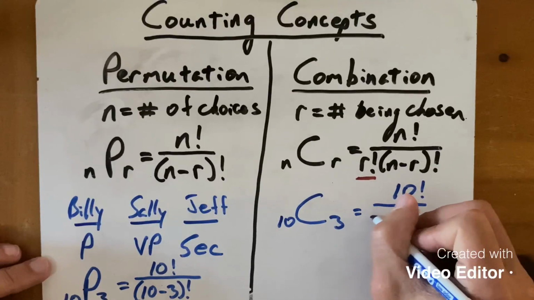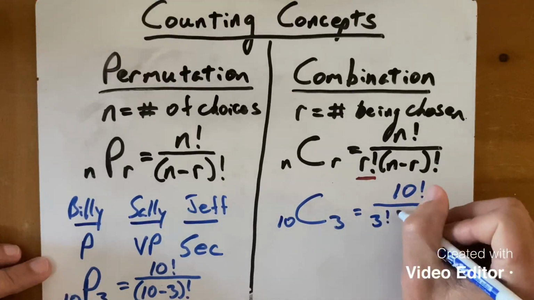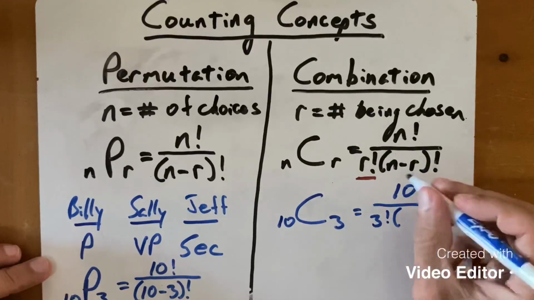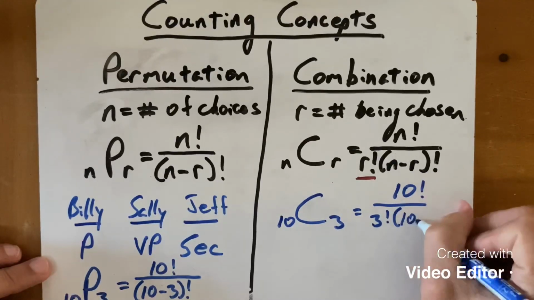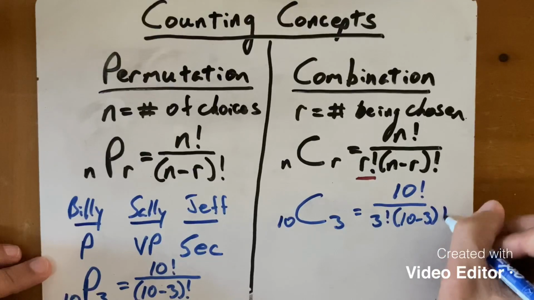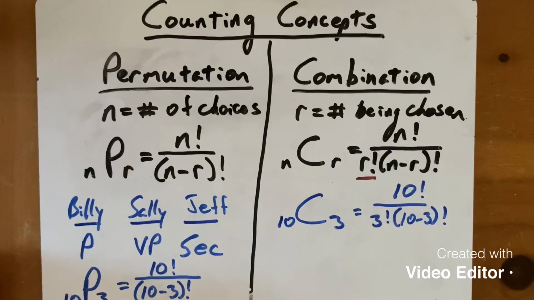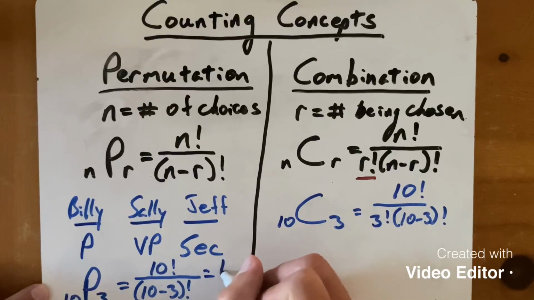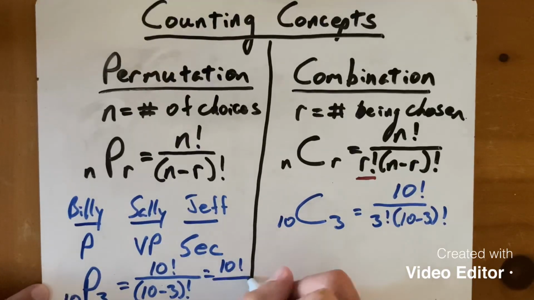R is 3, so 3 factorial times n minus R factorial, which again is 10 minus 3 factorial. So with this one here, I can simplify. 10 minus 3 is equal to 7. So now I've got 10 factorial divided by